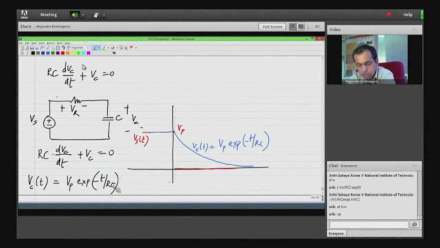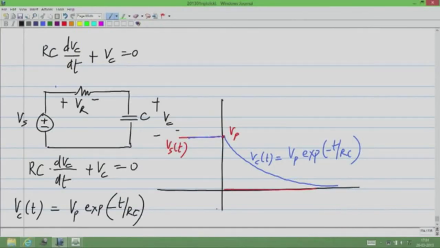Now in this circuit, the condition we are evaluating is with zero input. So if you look at this differential equation, it has only Vc. It doesn't have anything corresponding to the input. The input is 0. So such a differential equation where the input or the right hand side is 0. I will always try to group the variables on the left hand side and the constant inputs on the right hand side. Here Vc is the variable, and this kind of an equation